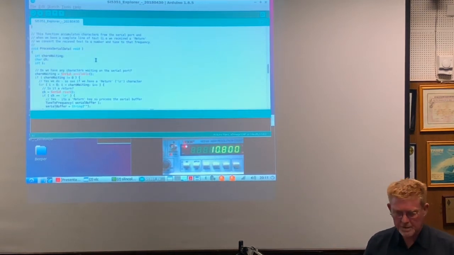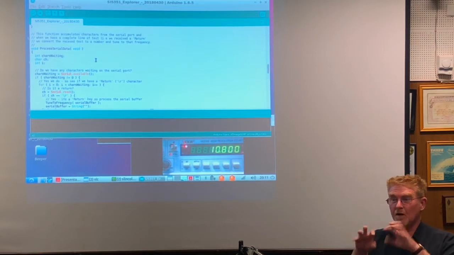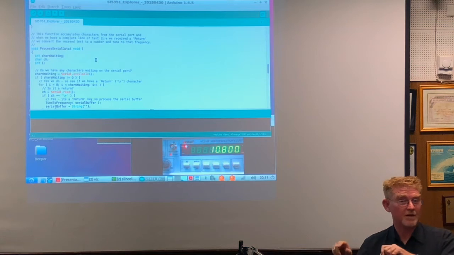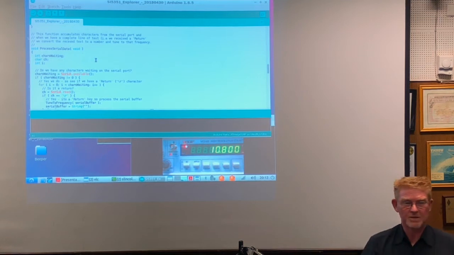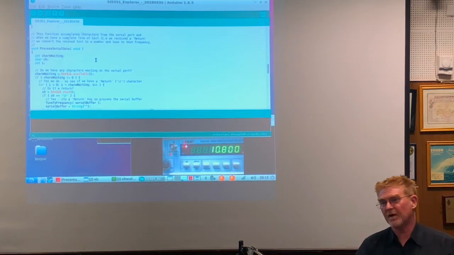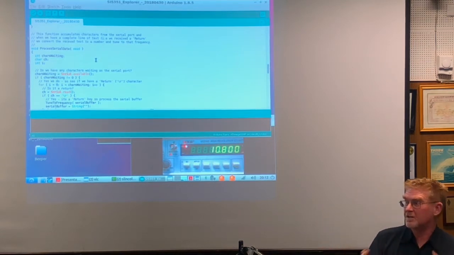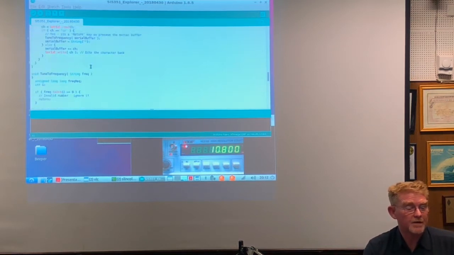Now, one of the things that people get in trouble with is understanding how to use that loop function. The loop function is supposed to run again and again and again really, really quickly and try to do only what's necessary. Now, if you think about a person talking to something on a serial port, you want to type in a command and hit enter and make it do something. If you try to read in a whole line of text and do nothing else until you get that carriage return in, it won't do anything else, which can make things a little weird and difficult to deal with. So one of the tricks around that is to not do anything clever until you get the carriage return, but before then, just accumulate that data and save it away so when they do hit return, you've got a whole block of text to work on. That's what's going on down here.